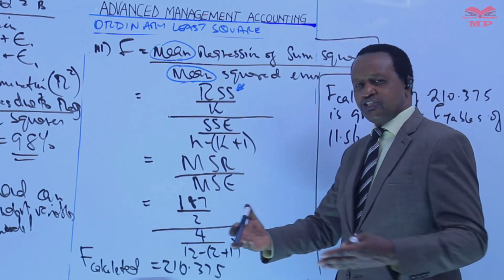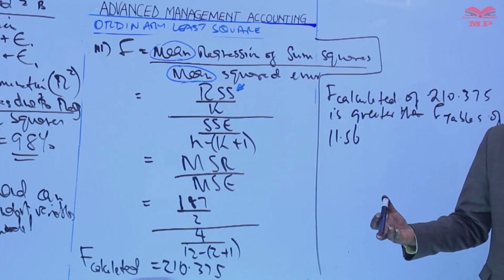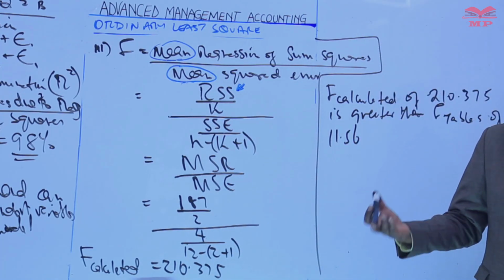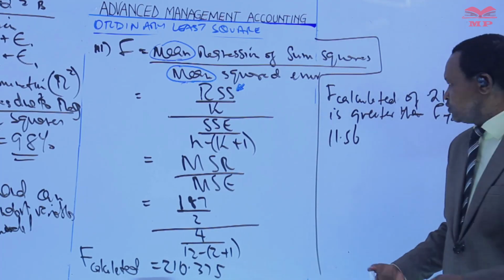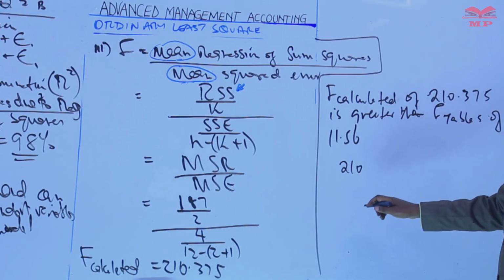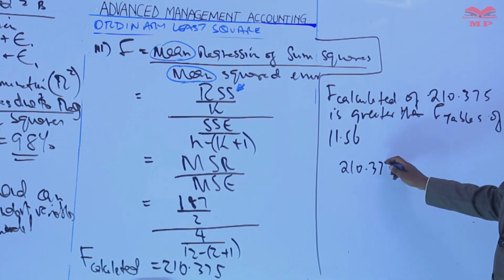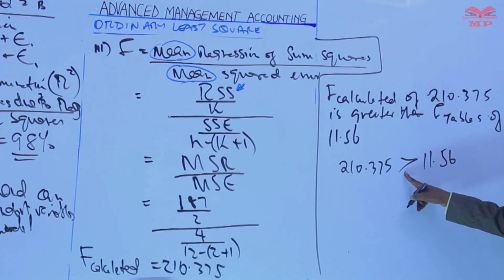So a larger F statistic, 210.375 being larger than the 11.56, is significantly large,